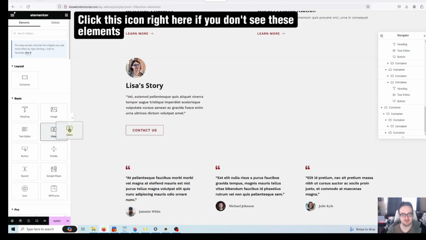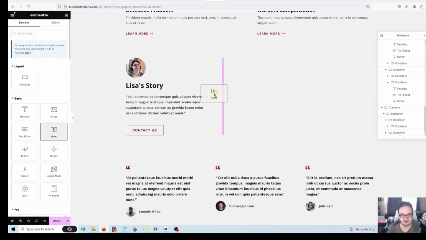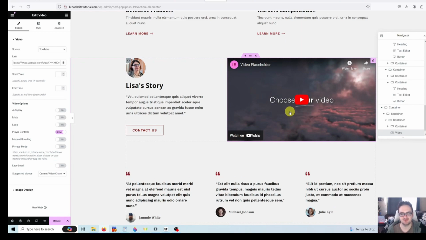So we click on this and we drag it until you see that little pink vertical bar right here. Drag it, drop it, and then you see there's a video, and there's a placeholder video. And all you have to do is change out the link right here to the link to your YouTube video